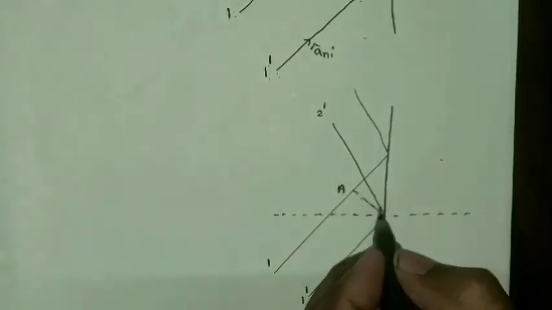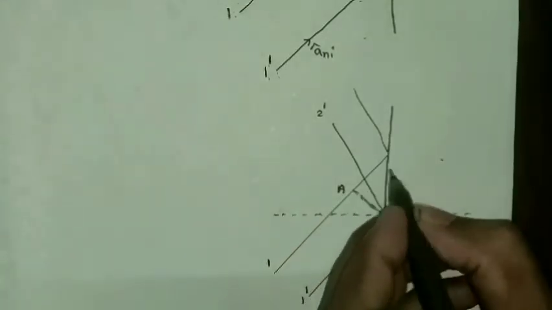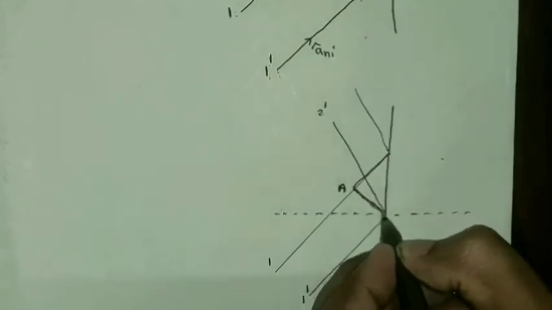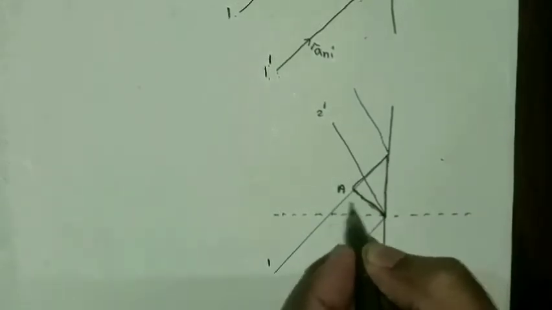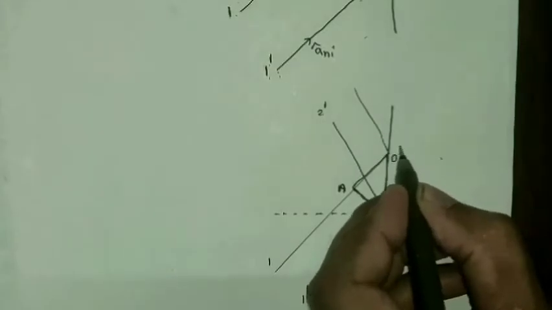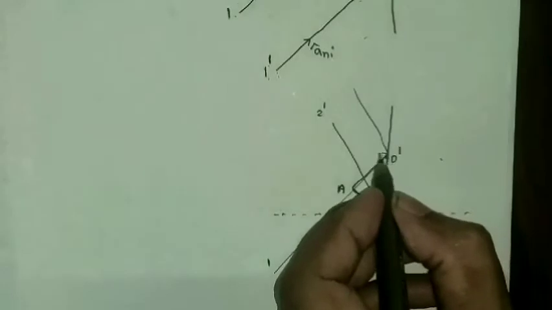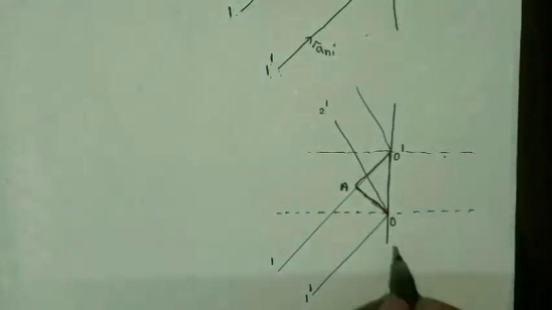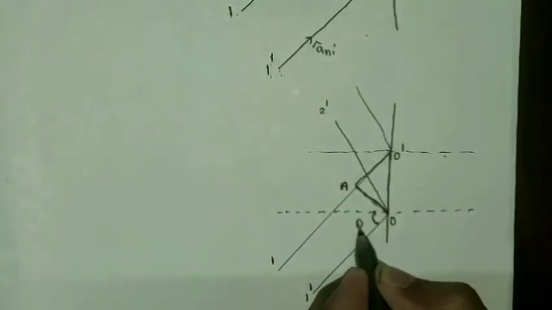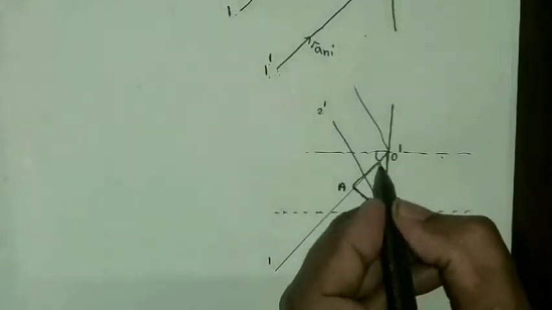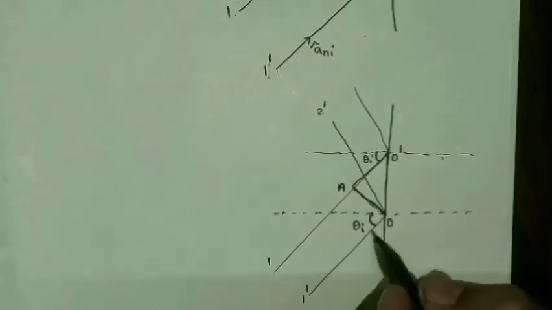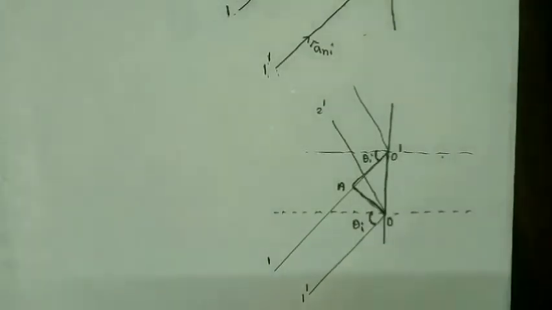Okay. So here, please observe carefully. I am going to consider this triangle only. So this is A, this is O, as well as this is said to be O dash. So here this angle is nothing but theta I. From the mathematics, it should be noted that if this is theta I, automatically this should also be theta I. Right or not?